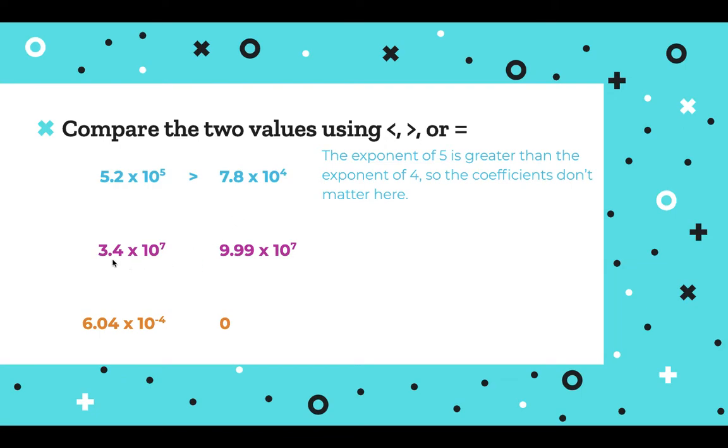Okay, look at our second one. 3.4 times 10 to the 7th is compared to 9.99 times 10 to the 7th. So we see if it's in scientific notation. Correct, yes, good coefficients on both of them. Then we look at our exponents, they're both 7. Okay, that doesn't help us. So now we have to look at our coefficients. 3.4, 9.99. So the exponents are equal, so you need to compare the coefficients. When we're looking at this, 9 is bigger than 3. So how we'd say this is 3.4 times 10 to the 7th is less than 9.99 times 10 to the